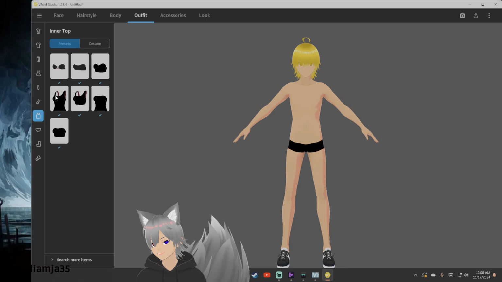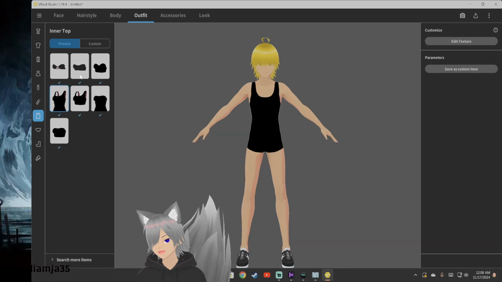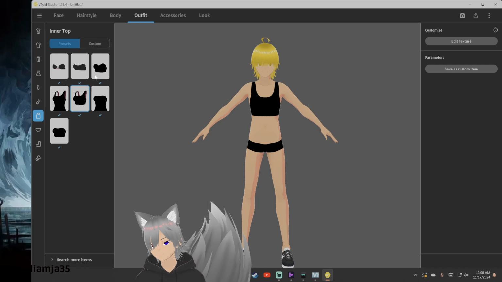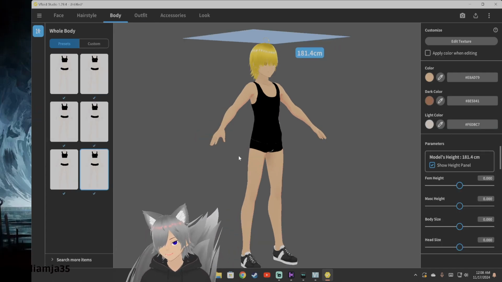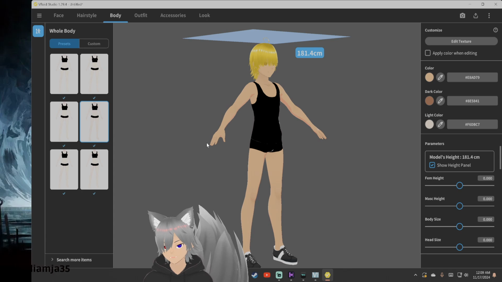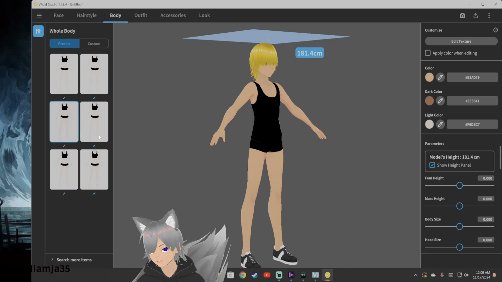Don't worry, it won't show anything, but there are tank tops and whatnot if you need. But we're just gonna show this. So it just shows some of the definition, so if you want to show abs and whatnot,